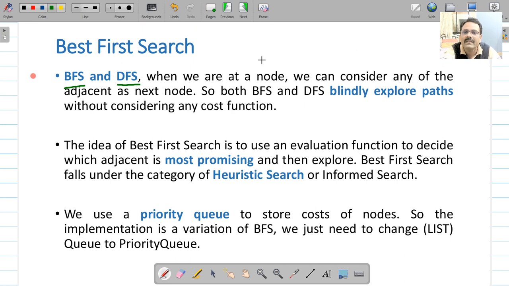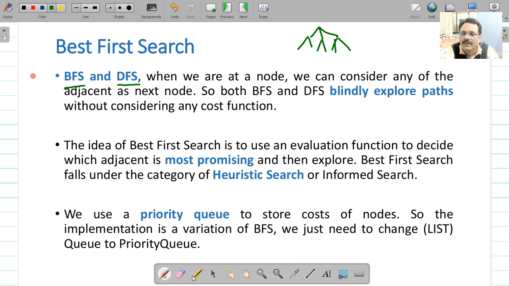If this is your search tree, for example, both of these algorithms move without using any information, either along the depth from this side for depth first search, or along the breadth for breadth first search. Either this way or this way, they will visit all the nodes. So blind search will explore the whole tree without using any cost function.